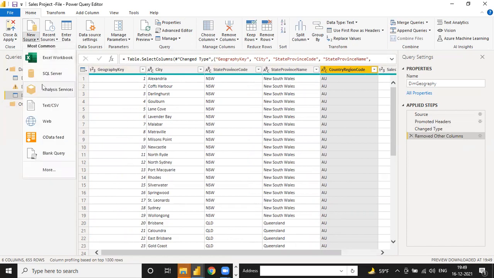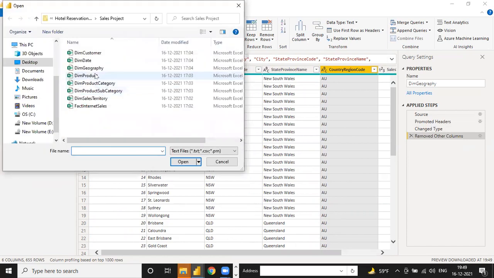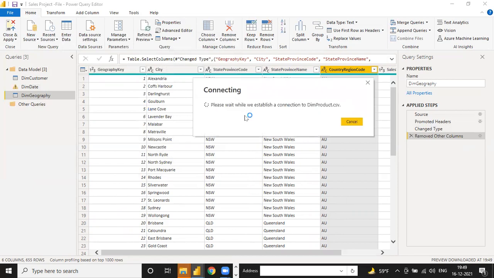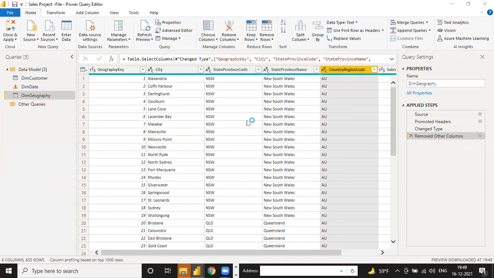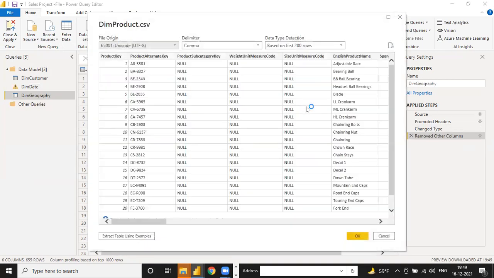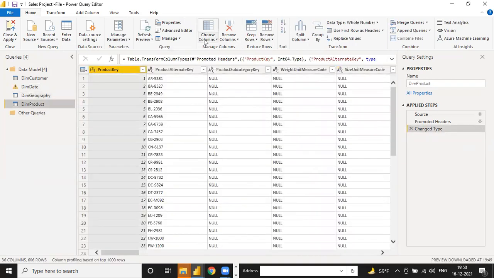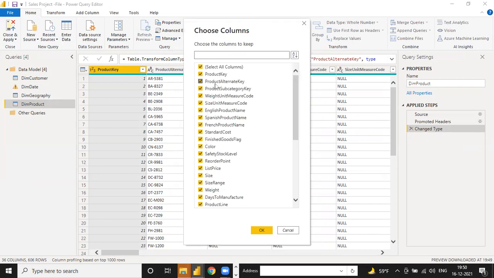Same way, click on this new source again. Instead of geography, now we take product. So for product, you have see product alternative key. When you click on this, okay, choose column, product key, alternative key, subcategory is okay.